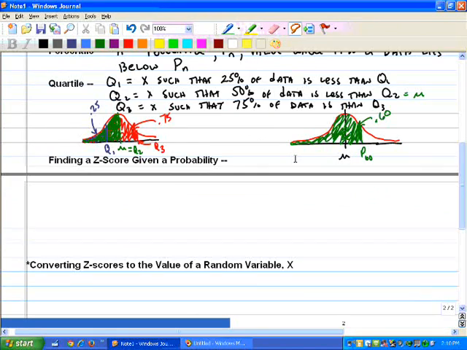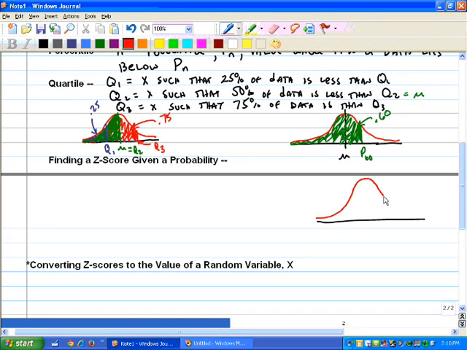We're going to start looking at the standard normal distribution, which, if you recall, has mean 0, standard deviation 1,